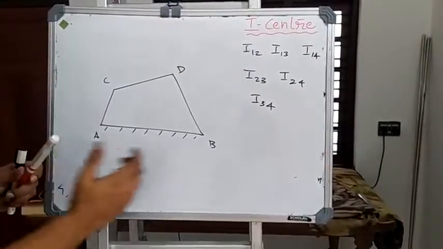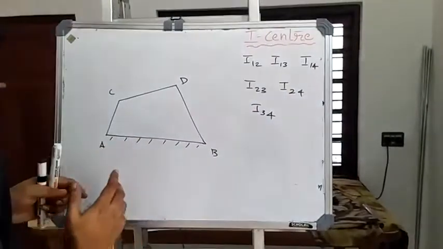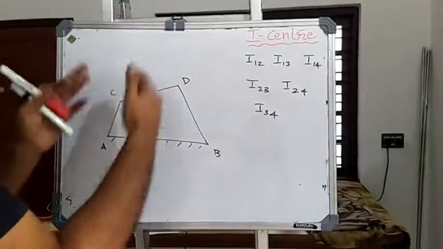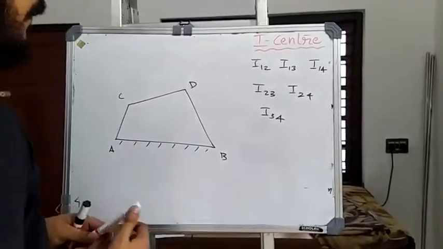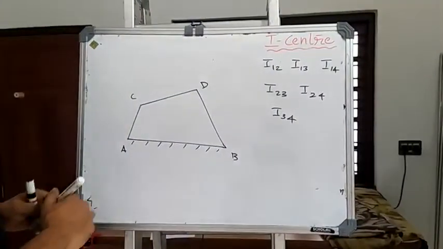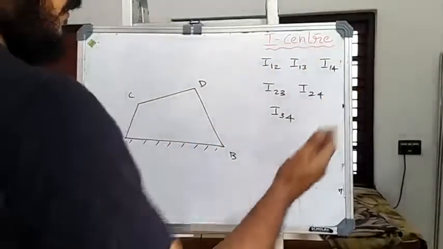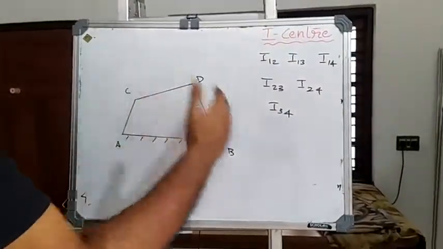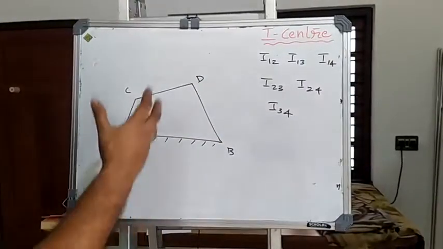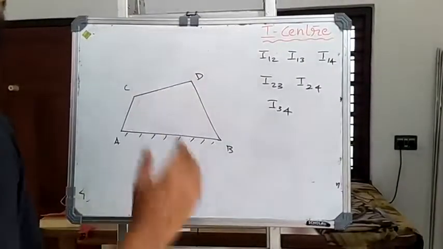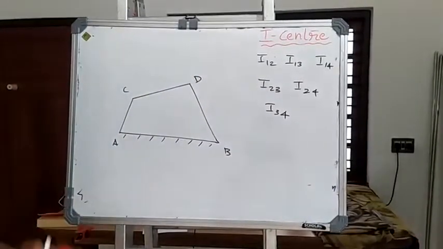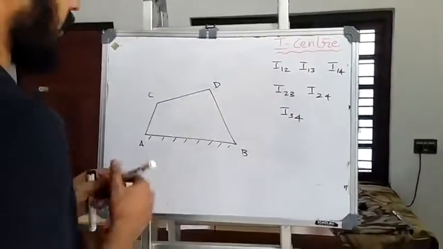Now let us compare or relate the I centers that we have written out and the configuration that we have already drawn. The configuration diagram is that scale diagram. Now, see, within these I centers there are a certain number of I centers which we can locate merely by looking at the diagram, and those which we can't locate by merely looking at the diagram, we have to find out using the Aronhold-Kennedy theorem.